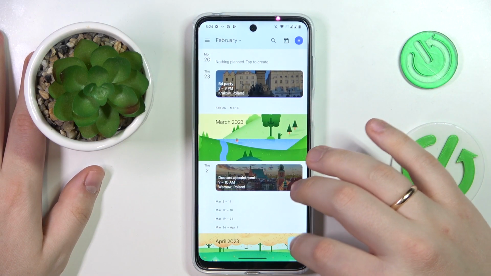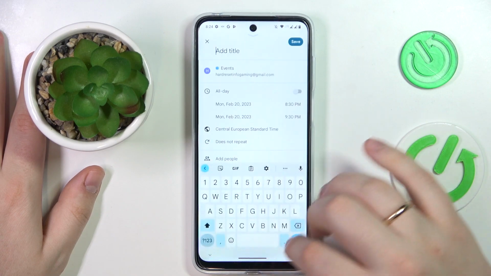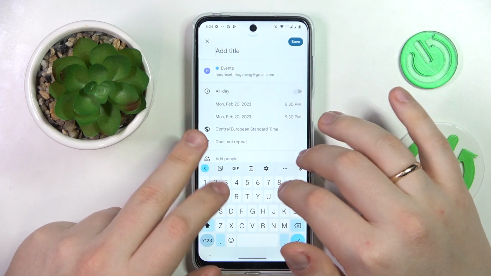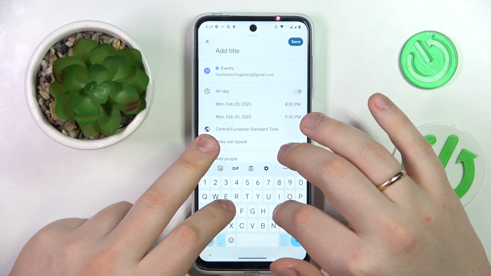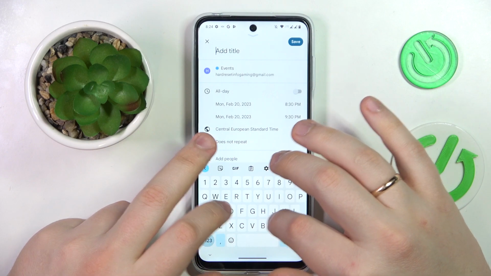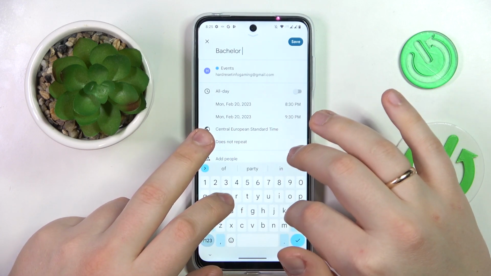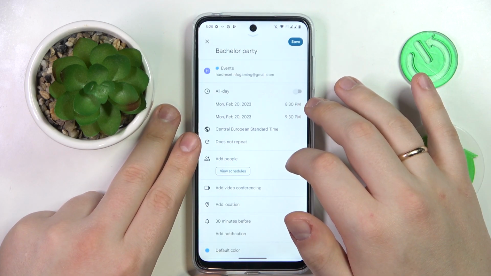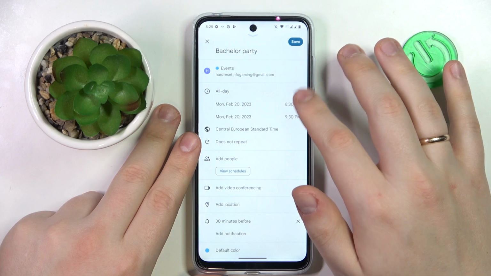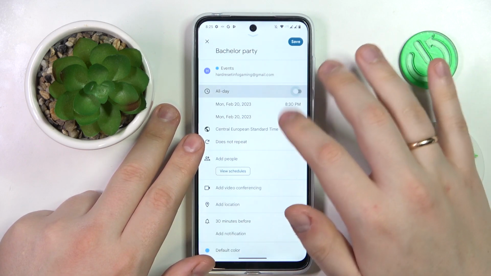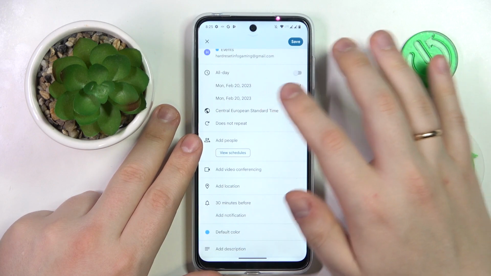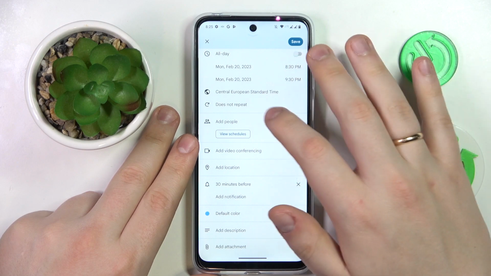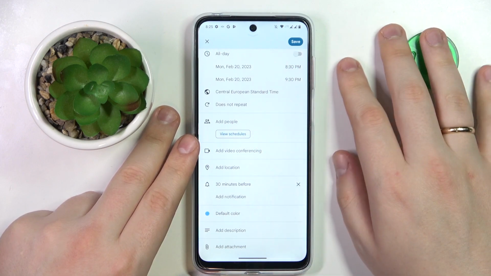Then to your bottom right, tap the plus sign, choose event, and at the event management page you can add some title. So I'll go with, I don't know, regular party. Then choose if you would like for this event to occur the entire day, or perhaps set some time frames for it. You can also change the time zone, add other meeting or event participants, add a link to the video conferencing,